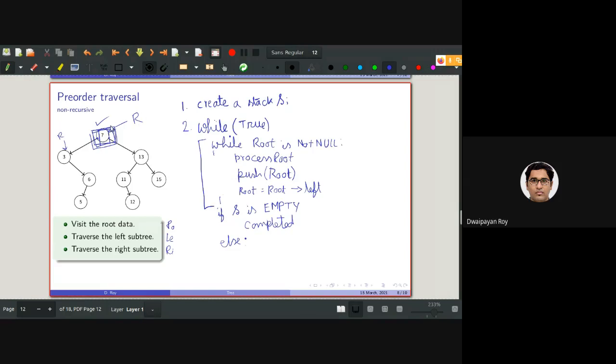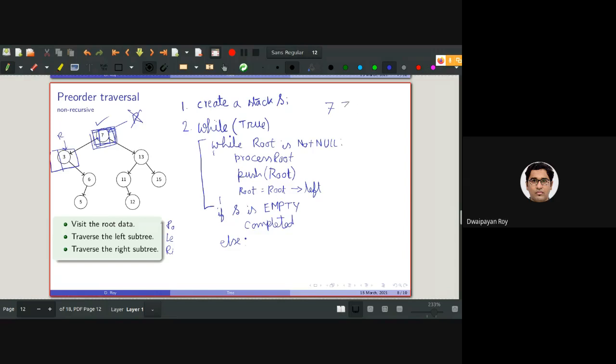First R is set to here, then R came here, then it will go down 6, then 5, then it will terminate for the left subtree. No, it will not. Yeah, it will be at 3. So first R is set to the pointer pointing to the root node. R, that is root, is not null. So 7 will be processed, and I'll be pushing this whole node into the stack, and the root will be modified to point to this.